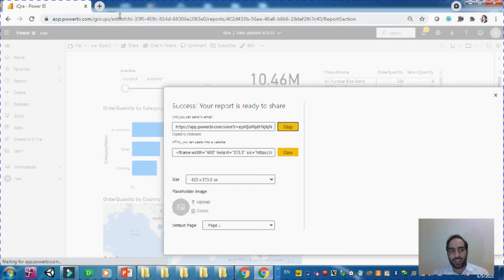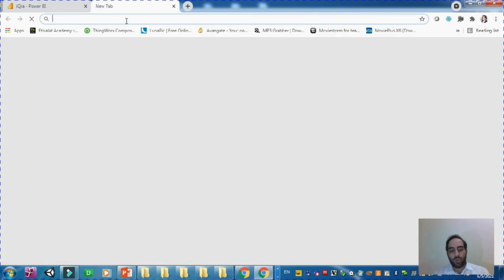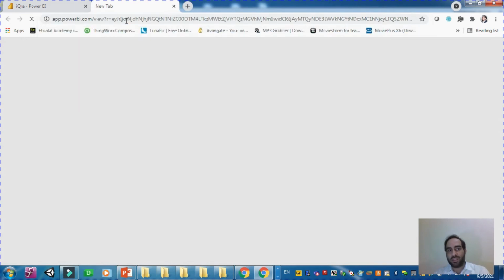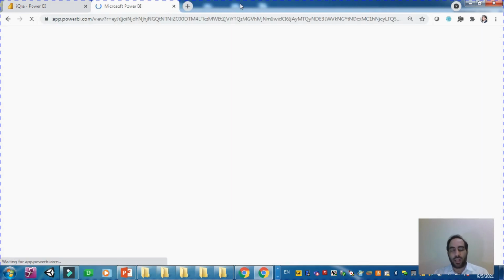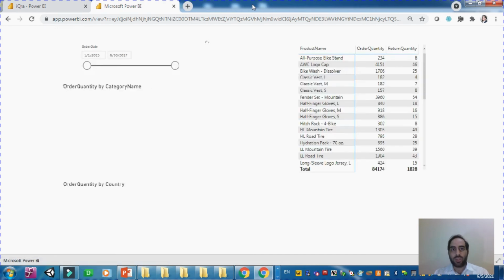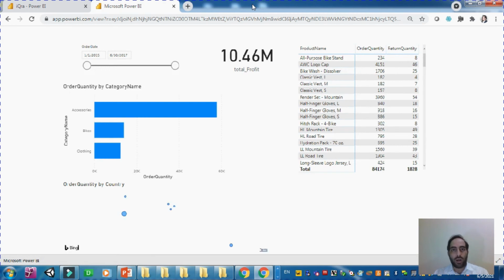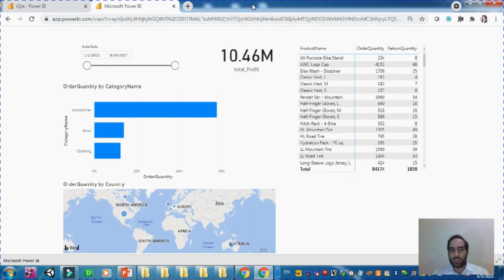So you can actually get this URL, go to a new browser tab, paste it. You can provide now this URL for whoever you want to share it with, and he will be able to access it. And every time you are going to apply any changes into this report, all other users who are having the URL also will be able to see the update. So this is actually our report now shared by using a URL. This is one of the ways to share the report.